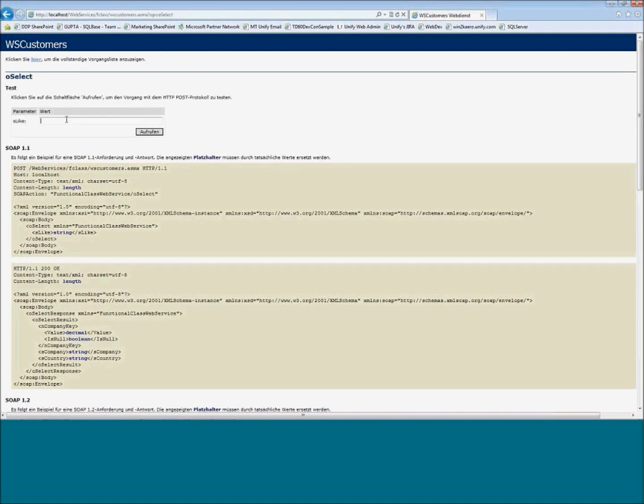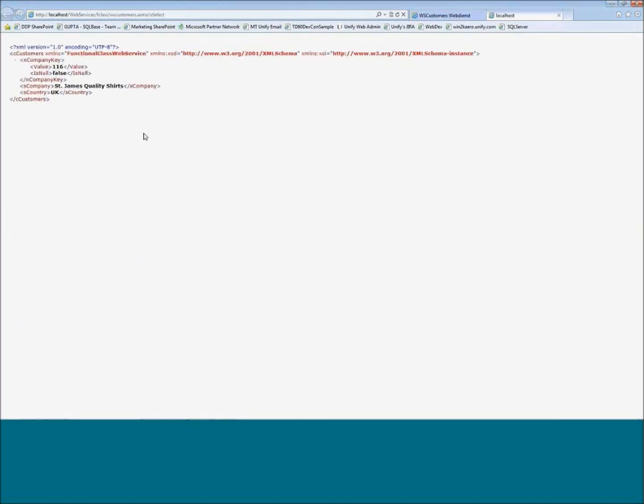And for example, the select allows me to select companies like, so I can enter S%, and it returns the first row of the data. And what you get here now in a new tab of the browser is the XML return of the web service. And what you can see here is that